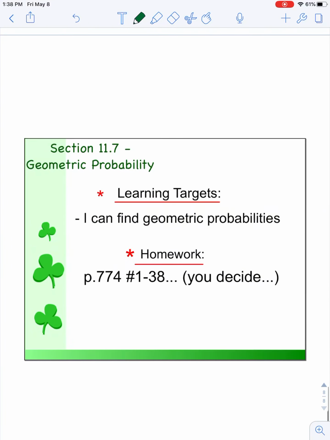What I'm going to have you do for homework today, since this is a little bit lighter lesson and some of you are more comfortable with probability than others, I am just going to have you choose, okay? So you're going to decide, and I would like you to pick a minimum of 15 problems. You choose whatever 15 problems make sense to you, okay? Take advantage of my office hours, and I will be hosting another Zoom session probably on Tuesday, so you can look for that